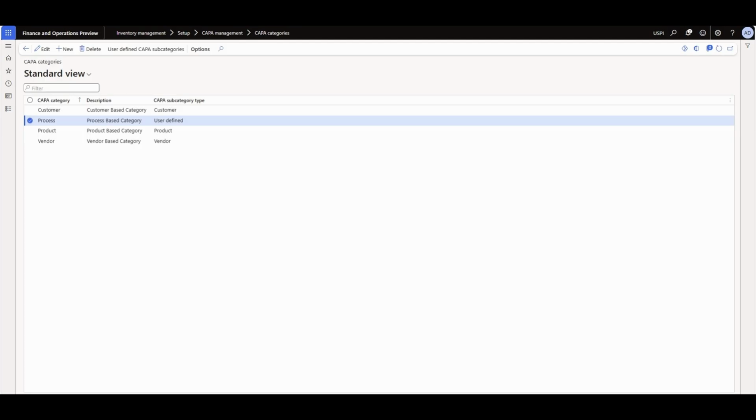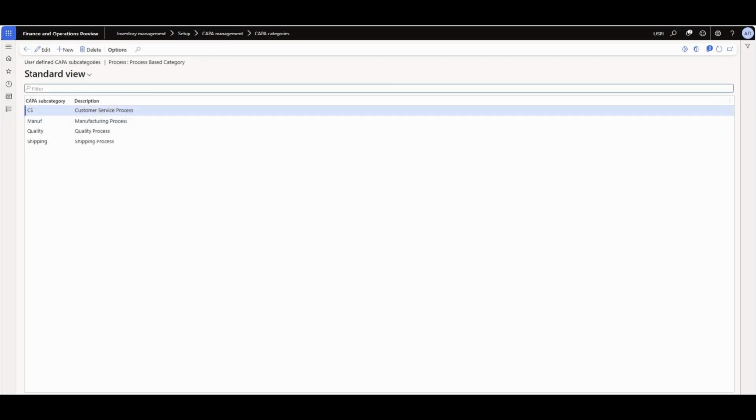Each category also has a subcategory type, which lets you further classify the issue. Dynamics 365 includes several built-in options: none, customer, vendor, and product, as well as a user-defined option for organizations that want more detailed or customized classifications. When you choose the user-defined type, users can pick from a set of custom subcategories when they create a CAPA